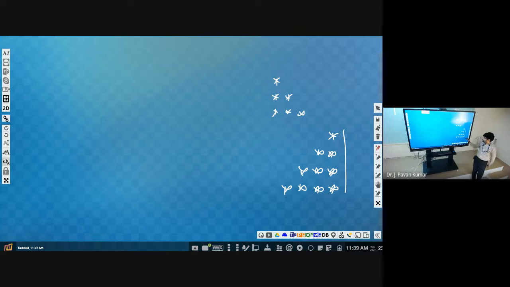How many rows? That will be the input. N is 4 means 4 rows. 3 means 3 rows. Next, columns. How many entries in the first row? 1. Second row, 2. Ith row, I. So similar kind of pattern only.